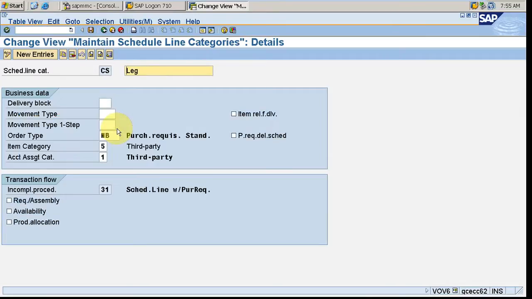This account assignment category controls whether to generate the inventory accounting document or not. Why? Because whenever we receive the goods, when we do MIGO, goods receipt, the stock should be added somewhere, and the quantity should be raised. But this is a third party thing which we are not manufacturing, and it is not our stock.